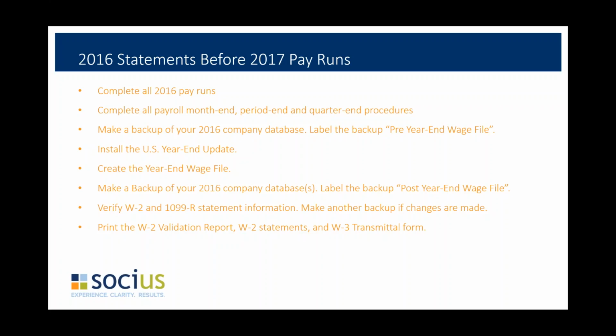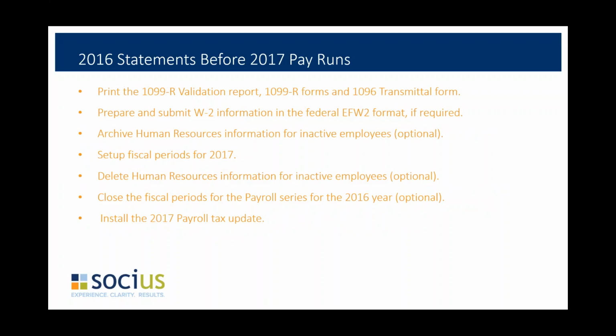What we've done so far is pretty simple. We've run through a number of steps, with the assumption that we're going to run our W-2s prior to our first 2017 pay run. There are a few more steps in this checklist. After we run our W-2s, we would then go in and produce our 1099-R